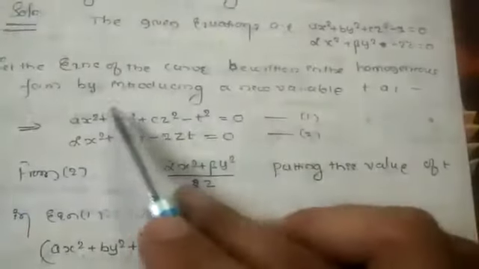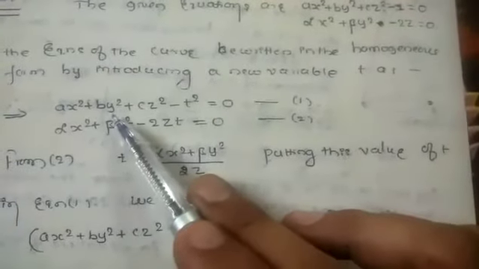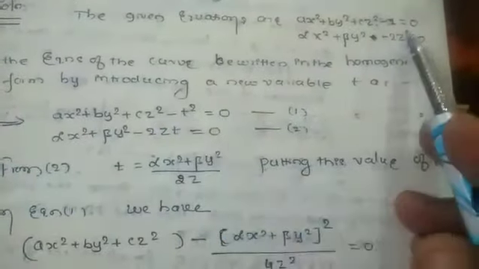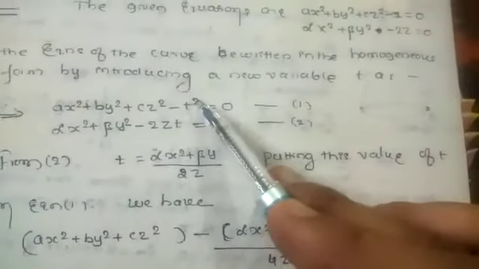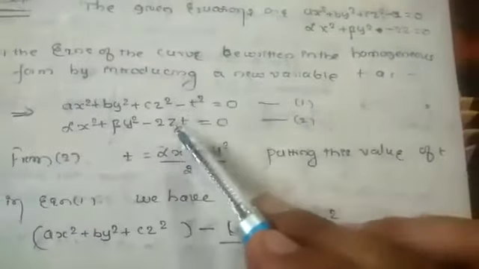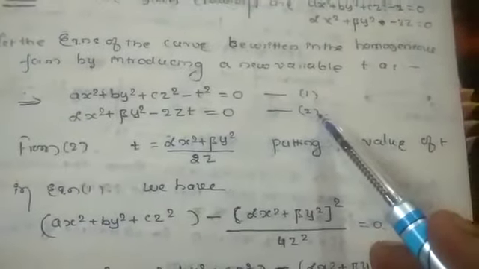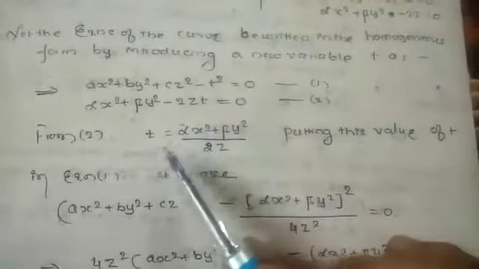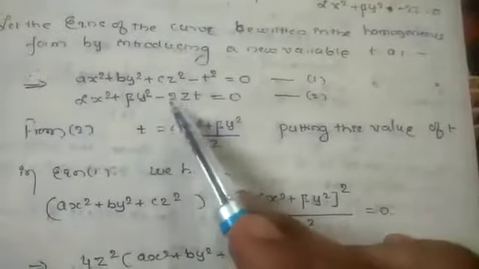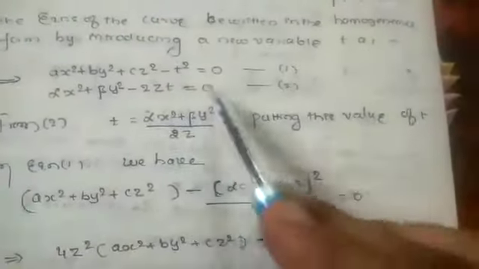We form it by introducing a new variable t. So ax² + by² + cz² − 1 should be of degree 2, so you can write it as ax² + by² + cz² − t² by introducing the new variable t, and here zt is also of degree 2, equal to 0. Call it equation 2. From equation 2, t = 2zt, so t equals, with denominator, 2z. Substitute this t value in equation 1, and by cross multiplying we get the required equation of the cone.